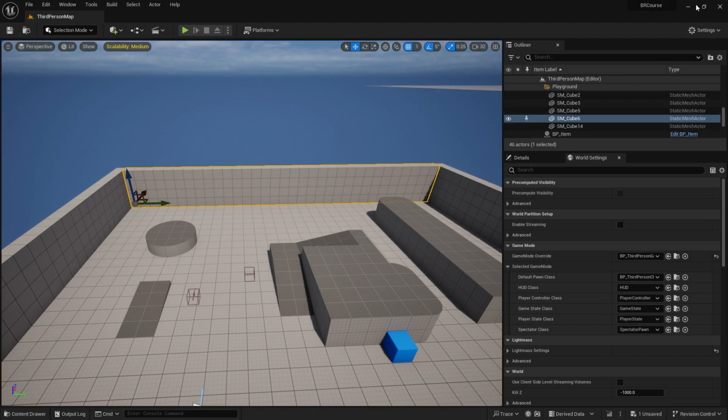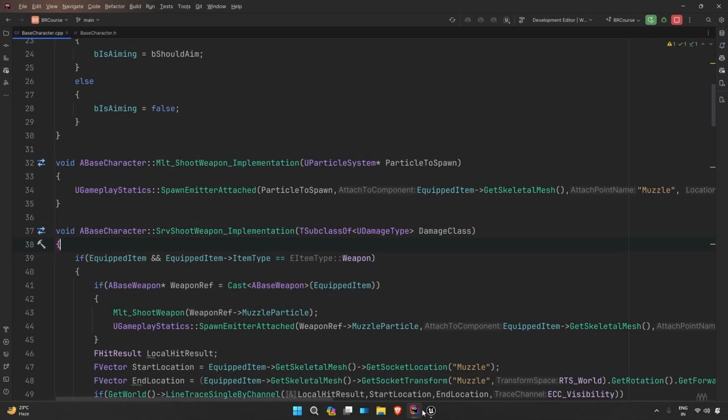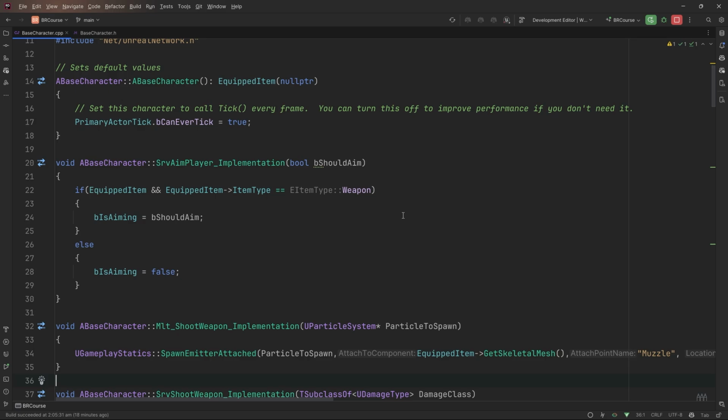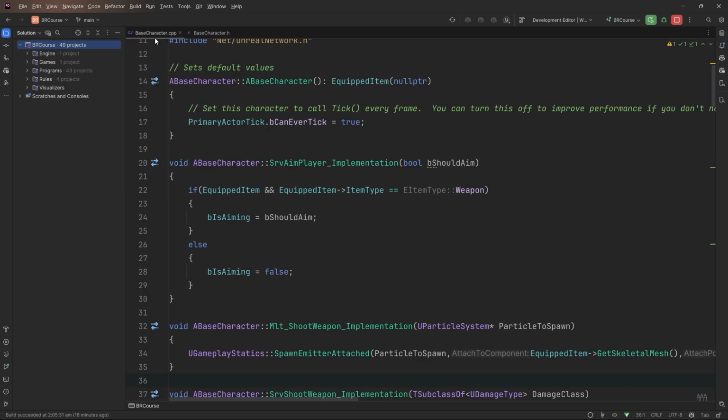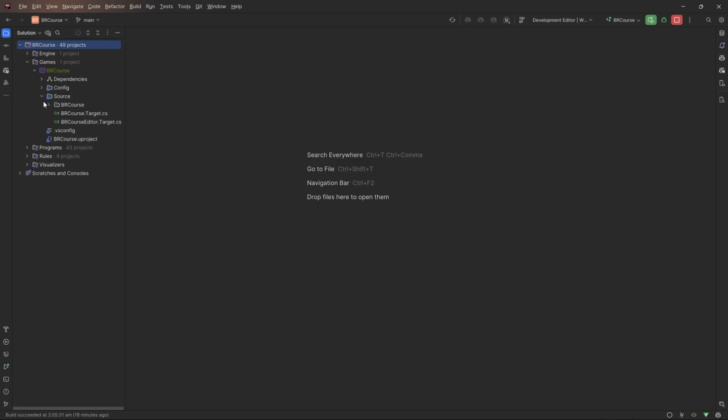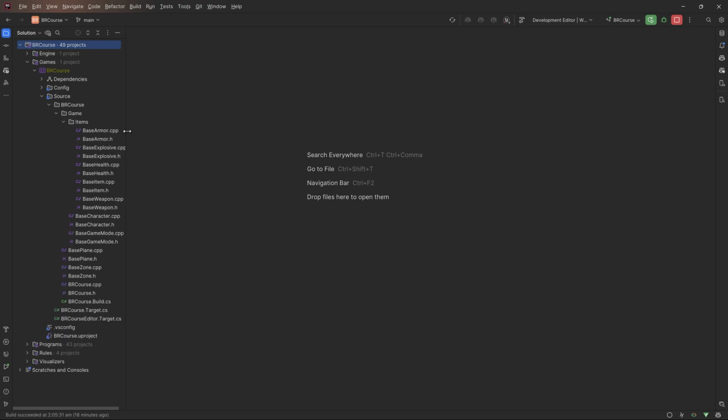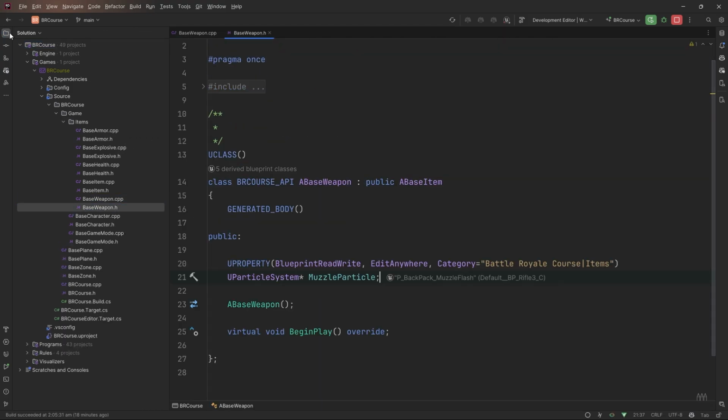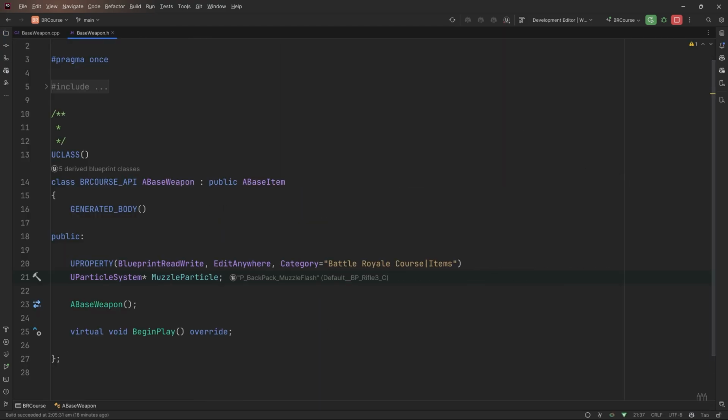Welcome back to BTID, and in this video we are going to set up basic aim down sights. This is a pretty basic setup, because at the end of the course we are going to merge it with the advanced aim down sights thing that we made. That is pretty advanced, and this is what we are going to do for the entirety of the course. So for now, let's get started with creating a new property in the base weapon,